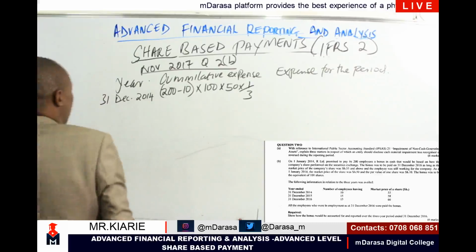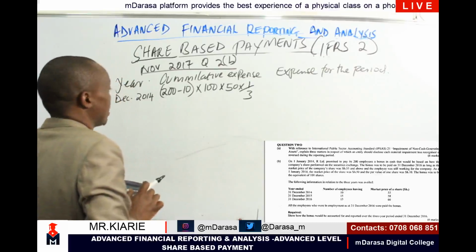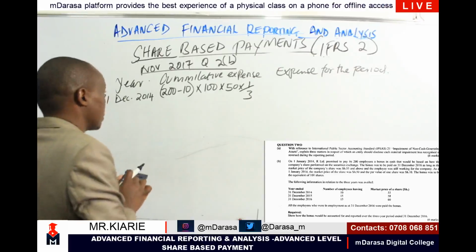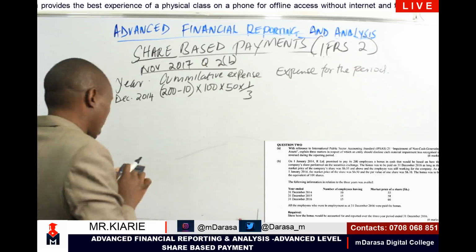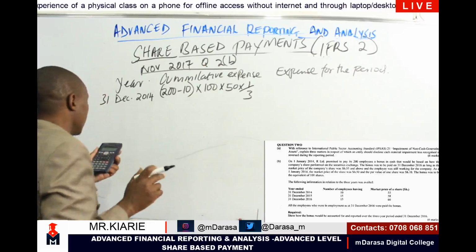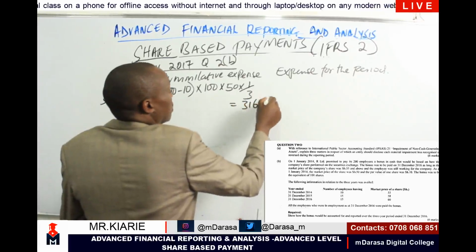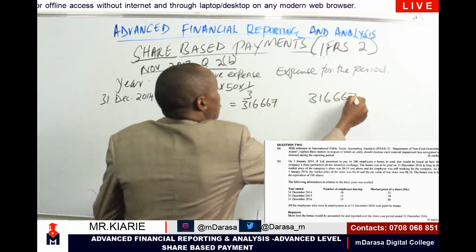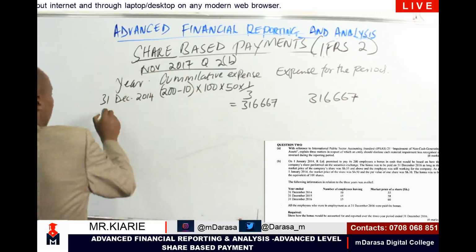I take my calculator, 200 minus 10, I'm left with 190, times 100 shares, times 50, times 1/3. It is giving me 316,667. And since we are in year 1, it will still be the same minus 0. For the year ending 31st December 2015,